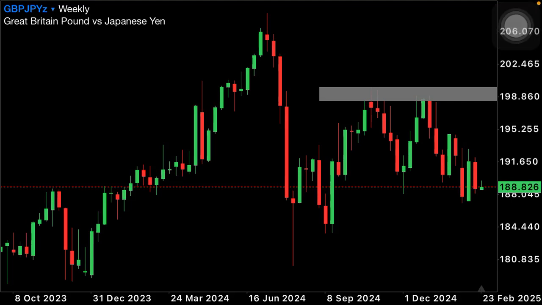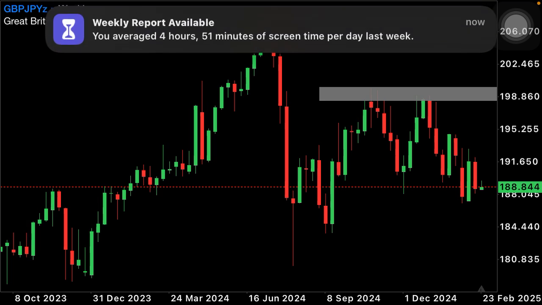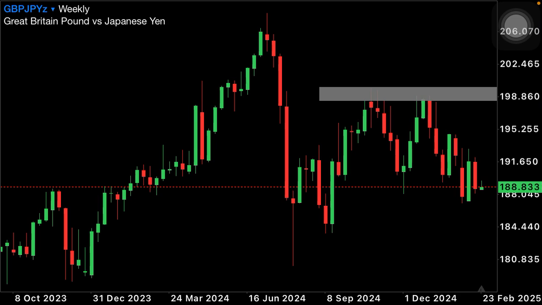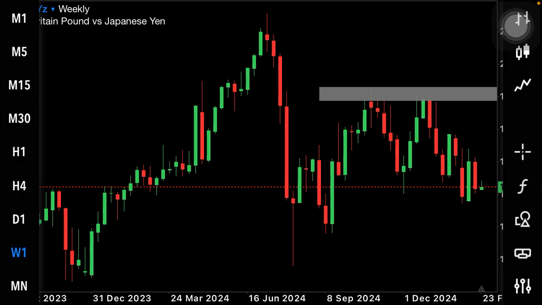Today is 24th of February 2025 and this is the chart of the Pound Yen, which is GBPJPY. This is the weekly time frame. From the weekly time frame, you can tell